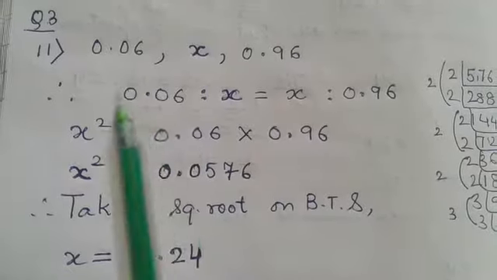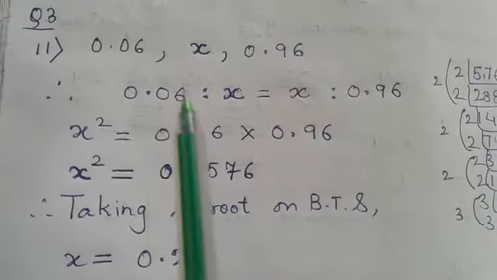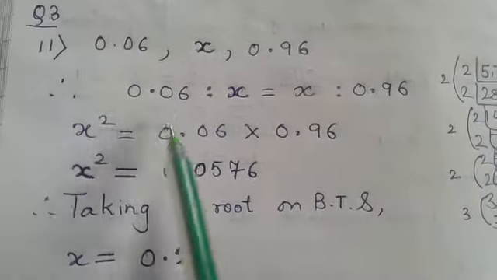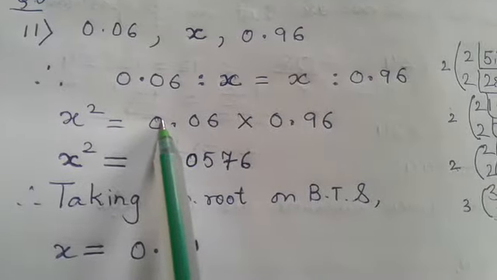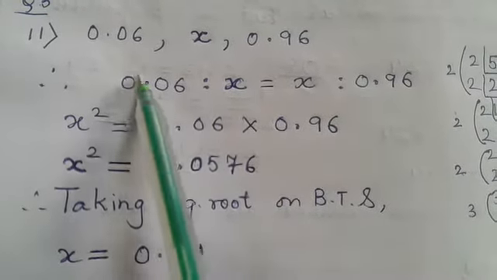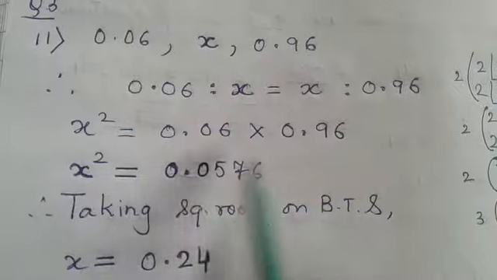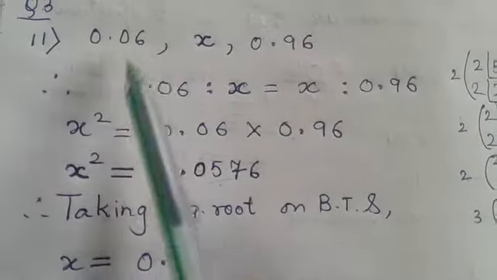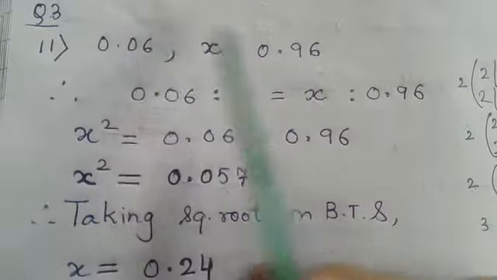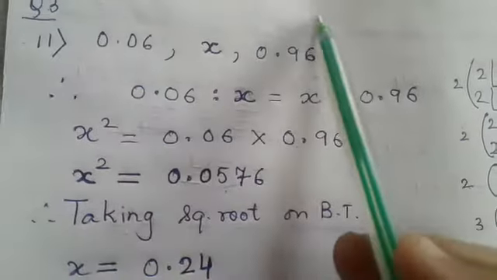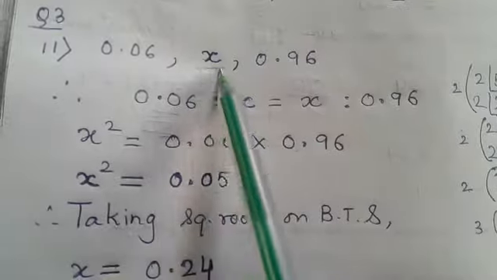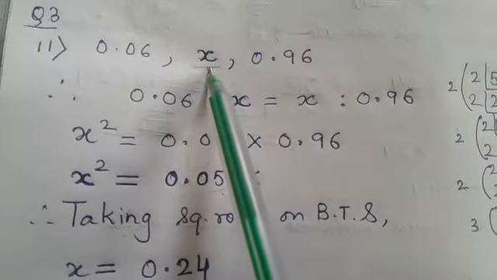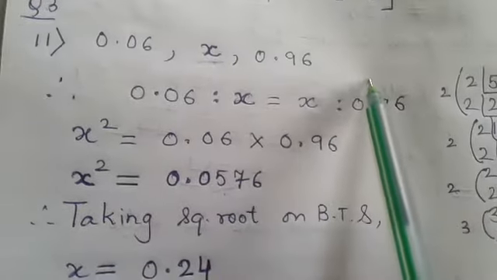See this or go through this again and again, because this is really different because decimals are involved. I have told before also, you will make no mistake with the method, but you will make mistakes with the calculations. So please take care here. So now you know that this was A, and this was C. And why have I written X here? Because you have to find out the mean proportional. So let the mean proportional be X.